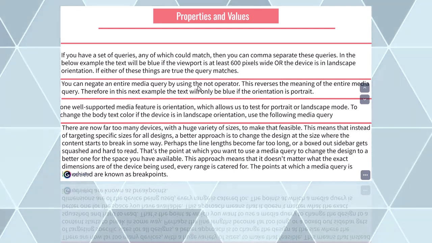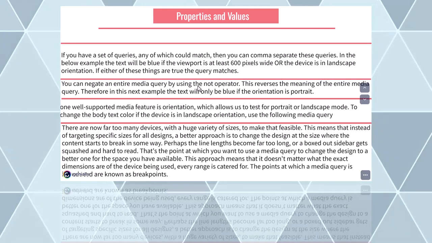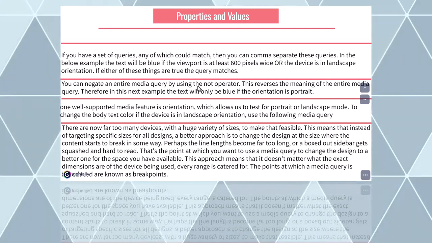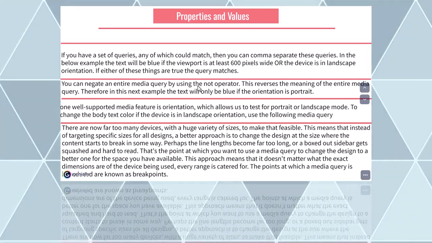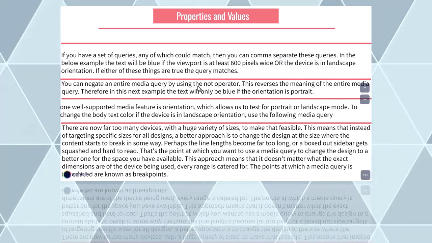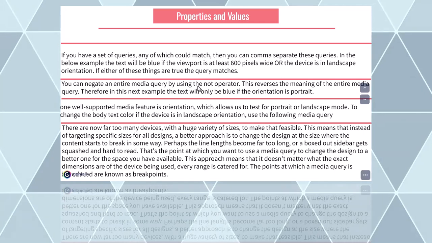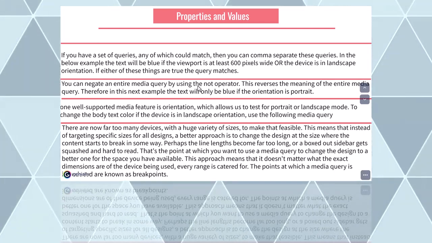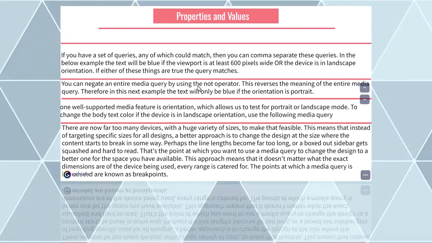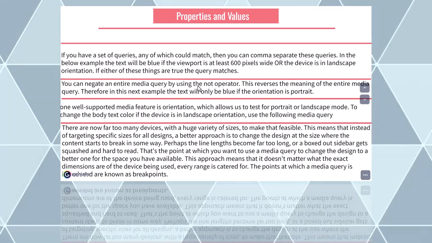That's the point at which you want to use the media query to change the design to a better one for the space you have available. This approach means that it doesn't matter what exact dimensions are of the device being used, every range is catered for. The point at which media query is